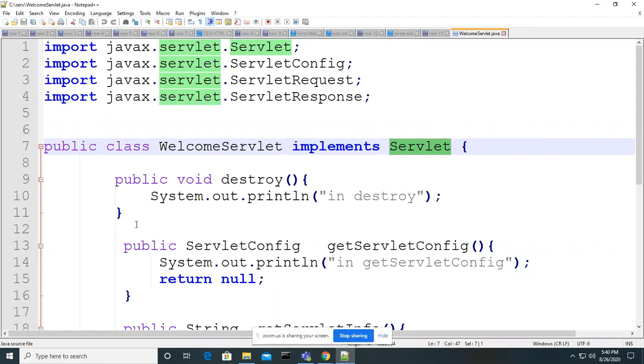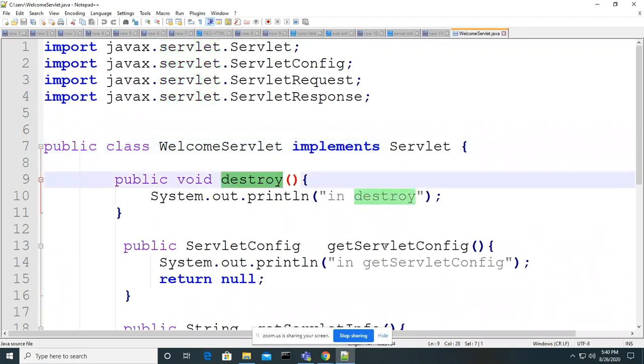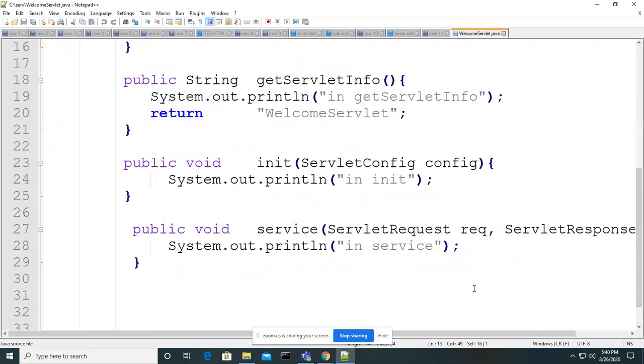That Servlet interface has five abstract methods: destroy, getServletConfig, getServletInfo, init, and service.